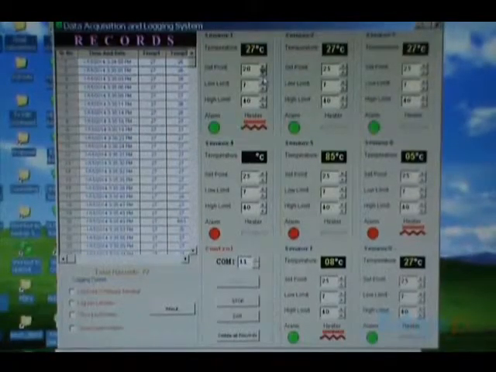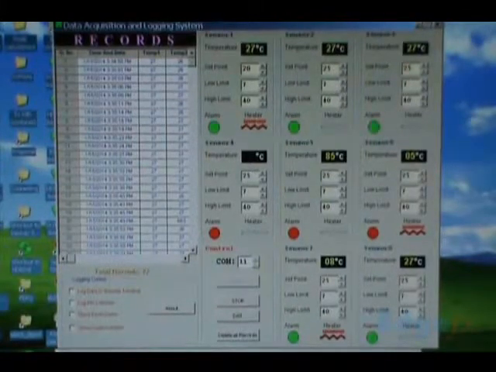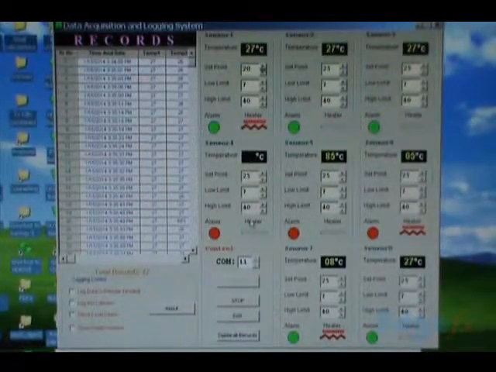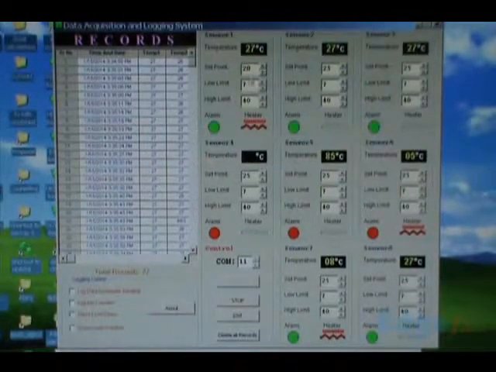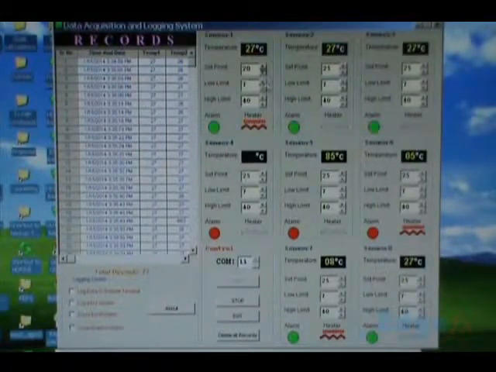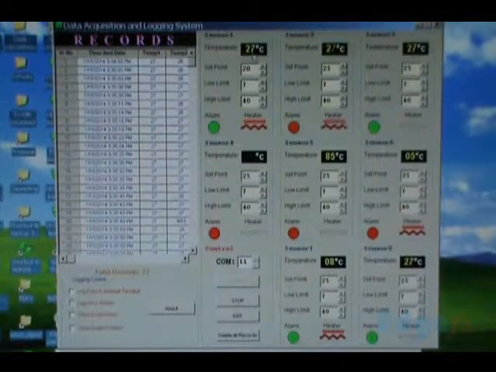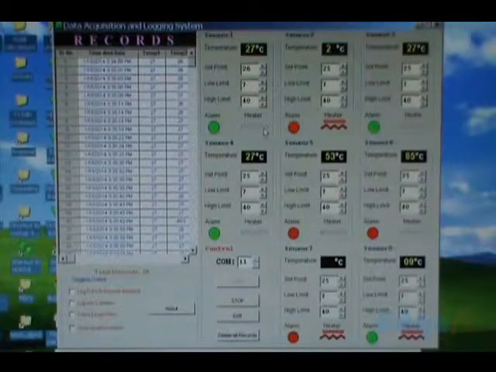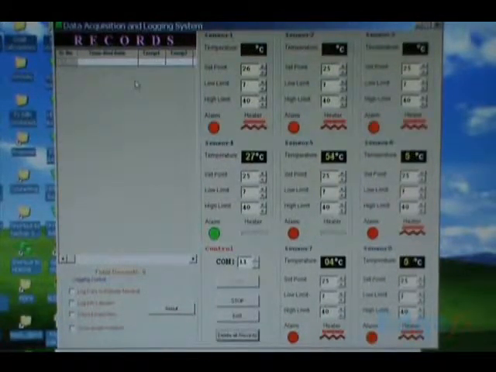Now looking at the computer screen, we notice we have 8 temperature sensors, 1, 2, 3, 4, 5, 6, 7, 8. In fact we have connected only 4. That's why we find these 4 in operation, showing the temperature coming from the field. Let's consider the 3 temperatures coming from the field are 27, 27 and 27. This is the set point, and this is the temperature coming from the field. Now this has also switched on, and once we change the set point and verify, the heater is switched off, and in the hardware also the lamp itself will be switched off. You can see that the data is coming continuously from the field.